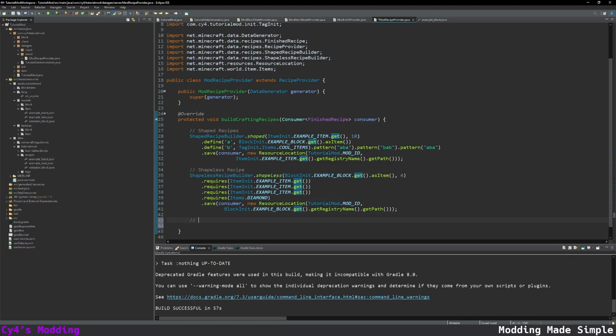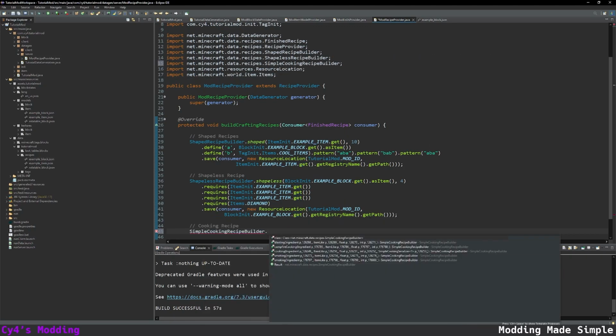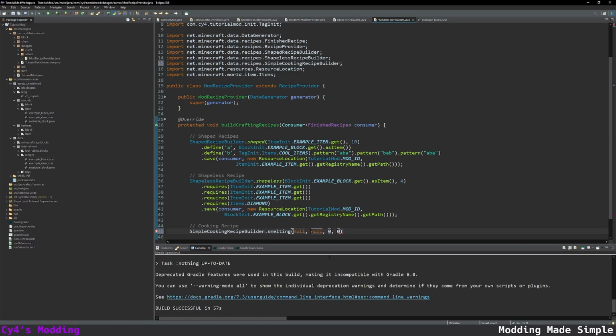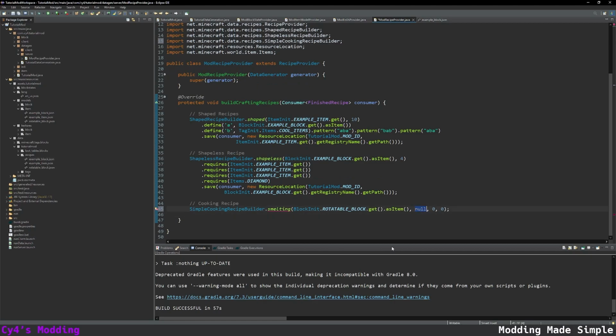Finally, I'm going to briefly show a cooking recipe. So let's do SimpleCookingRecipeBuilder, and then we can do blasting, campfire cooking, or smelting, or even smoking. I'm just going to do smelting over here. Then we pass in the input and the output. So I'm going to say a block, BlockInit.ROTATABLE_BLOCK.get().asItem(), can smelt into an item,